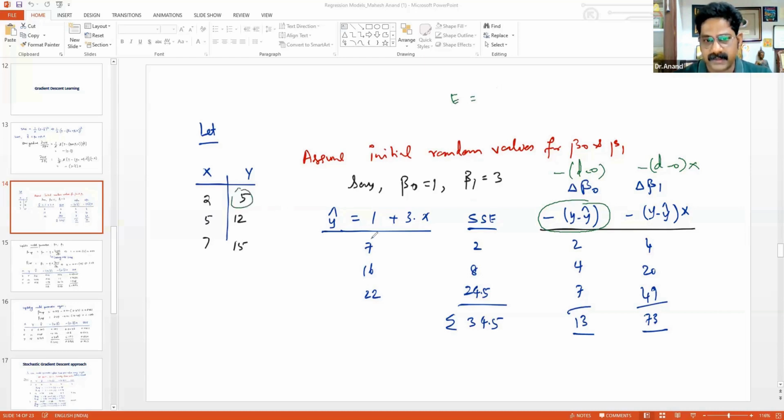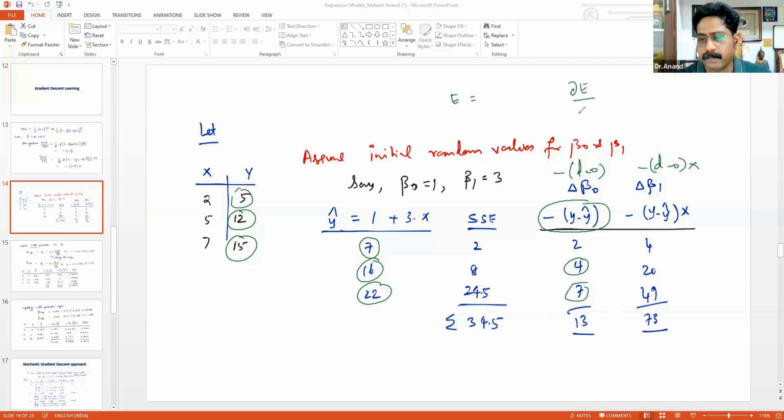So 5 minus 7 is minus 2, minus of minus 2 is plus 2. Similarly, 12 minus 16 is minus 4, minus of minus 4 is plus 4. 15 minus 22 is minus 7, minus of minus 7 is plus 7. So I calculate the total error gradients. This is the individual error gradients. I am calculating this. So the error gradient can be shortly represented as